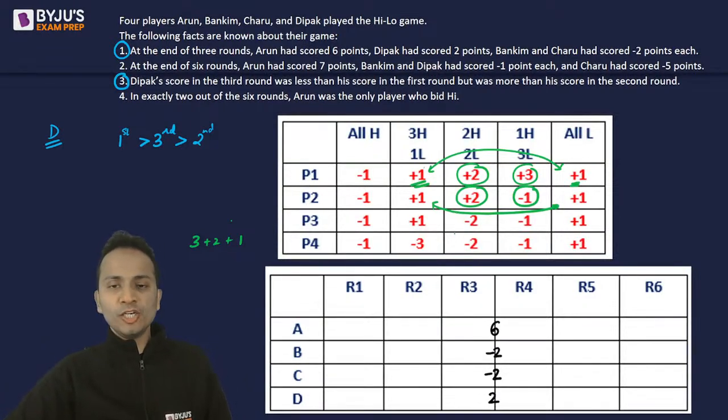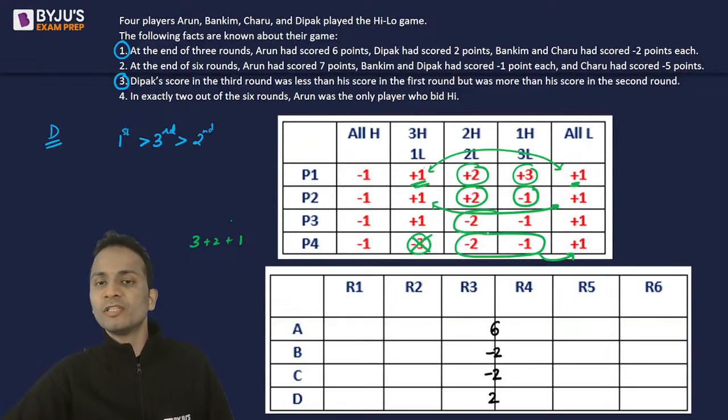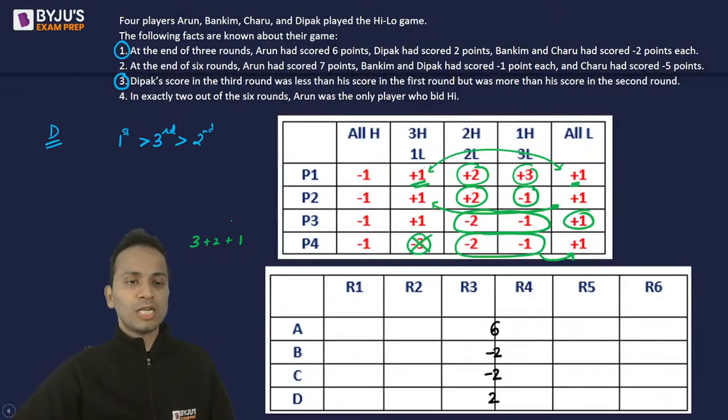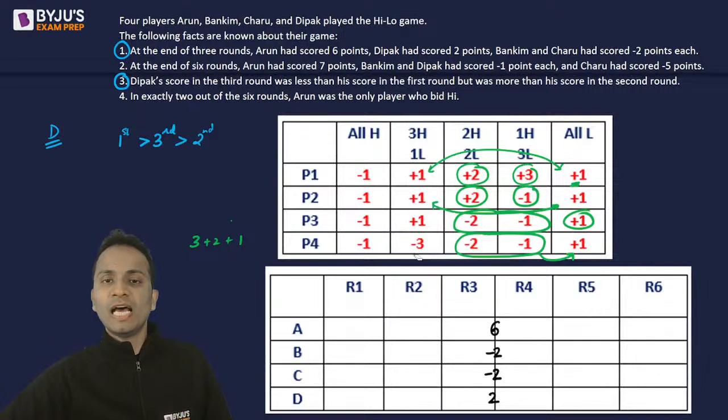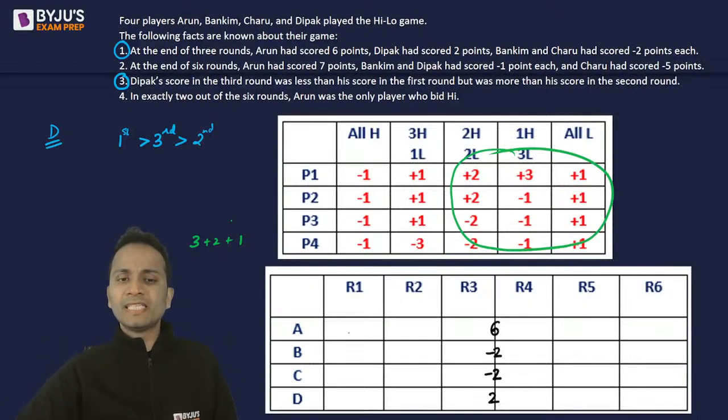Now for the other two, I need to have -2 and -2. If I take these two, this is giving me -3. -3 के साथ -3 combine होगा अगर, so it will become -6. I cannot take this one, I will have to take this one. Similarly for this, -2 -1 and +1 will give me -2. So now it is very much clear that we'll have to consider these 3 sets. Now इनमें से दीपक का कौन सा होगा?